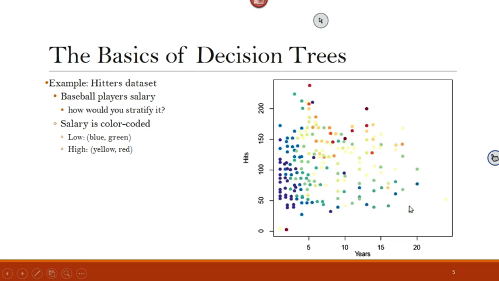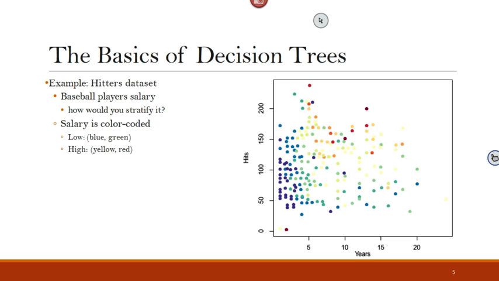But what do you think? Before I go to that slide and talk about the algorithm that will create this tree, what do you think? We have two predictors, and for us it was easy to see that the split at this point will put all the blues on one side and all the yellow and red on the other side.